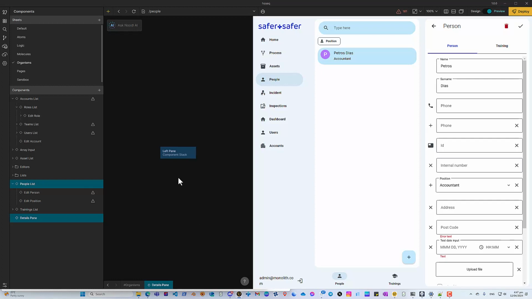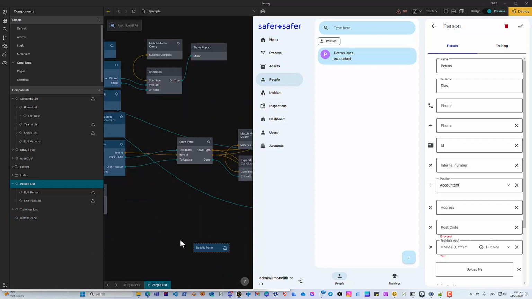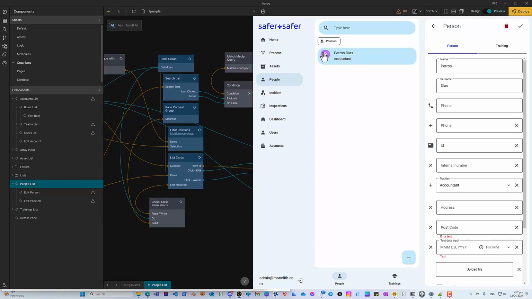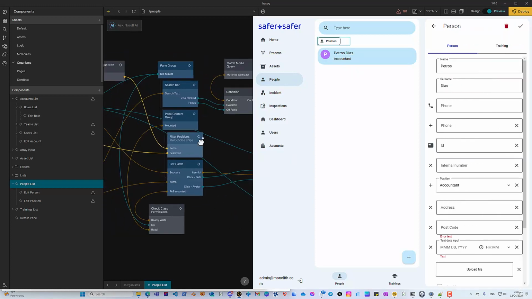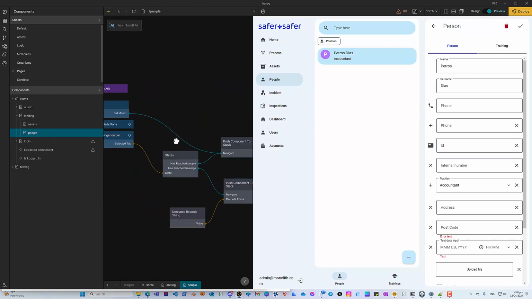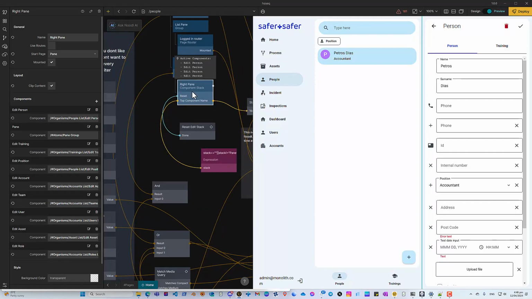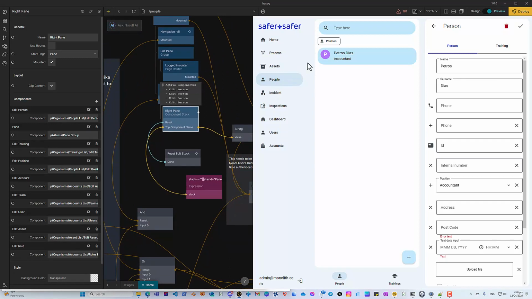So I'm using a reusable component for this. The panes. No, sorry, this is actually wrong. So I could probably insert a signal somewhere to give it a specific command to pop out components from the stack. So if I do this a couple of times, let me remember where our pane is. No, sorry, the right pane is on the top level. There's only one. So you can see here all of these components. I can probably get a signal here that is sending, I don't know how, I haven't figured it out yet, the component stack to empty it and then push the component that I need. So that means we are using push, but we're actually always making sure that the stack is